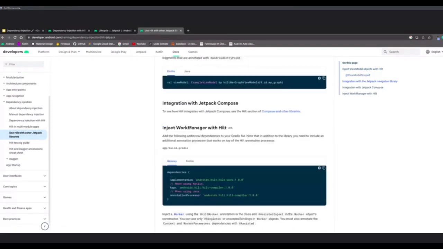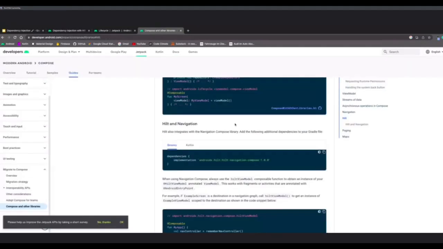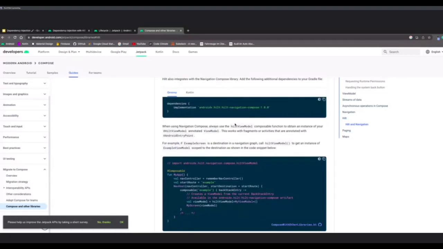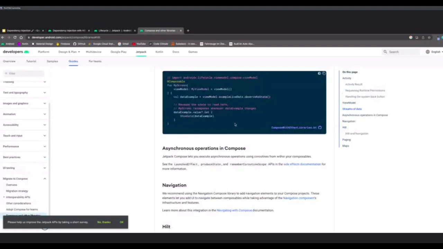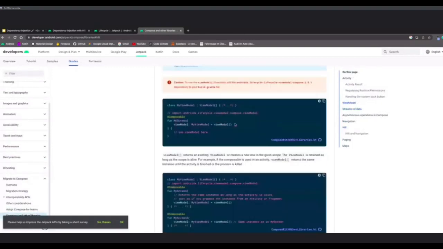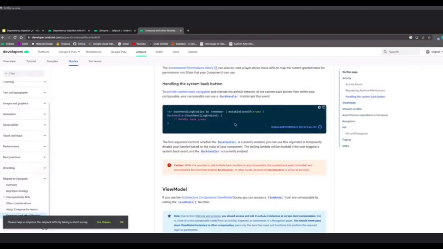Hilt, where's Hilt view model? I need to look for the dependency I need to import.